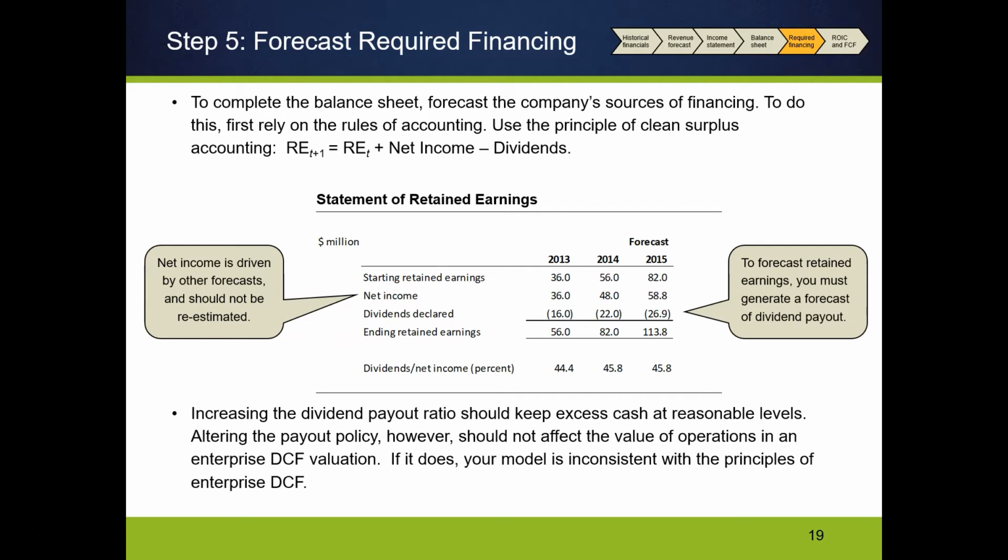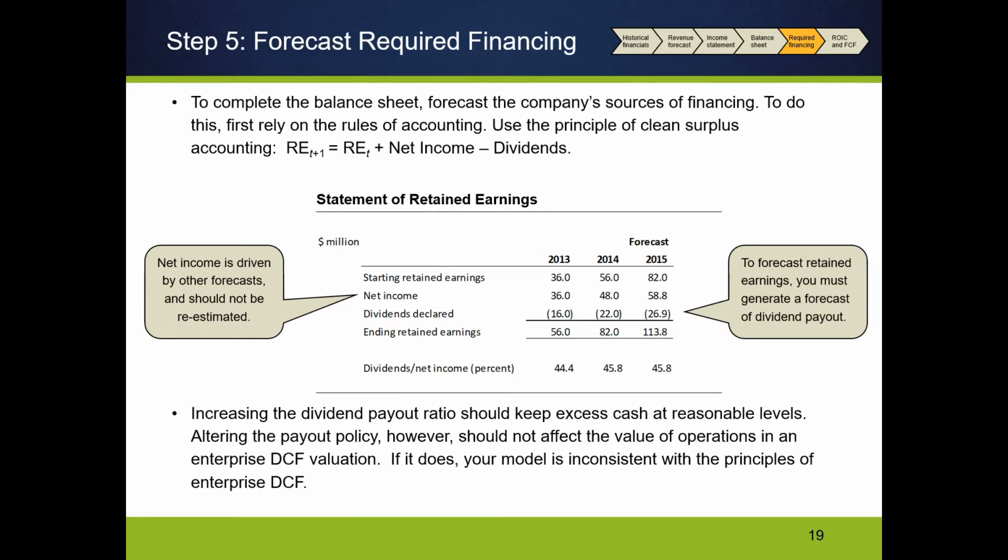So one of the things that we need to make sure when we're doing this is that we are correctly flowing our net income from our forecasted income statement into the balance sheet, and that the balance sheet is still balancing after that. So we're going to forecast net income, we'll forecast all the other items on the income statement, calculate net income as a result of those forecasts. Then we'll think about the dividend payout policy of the firm. And again, this should be established.